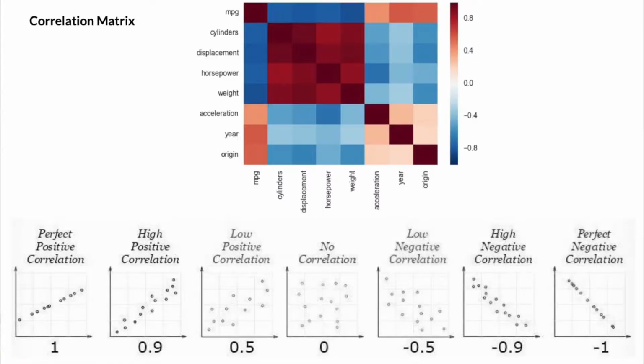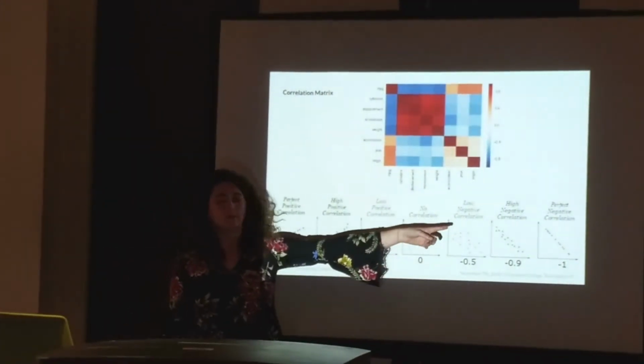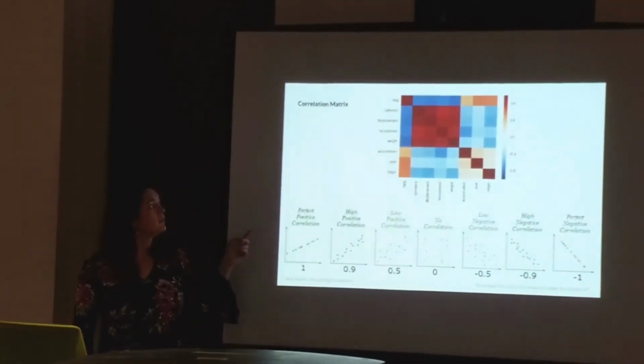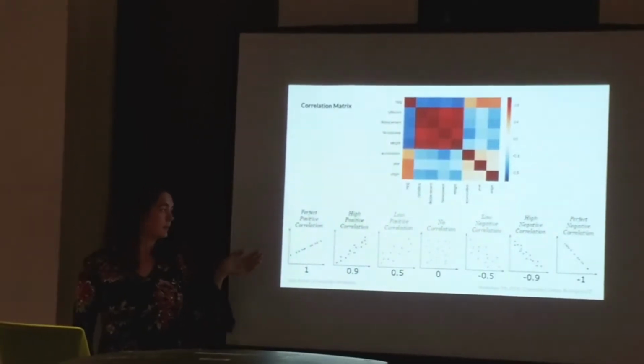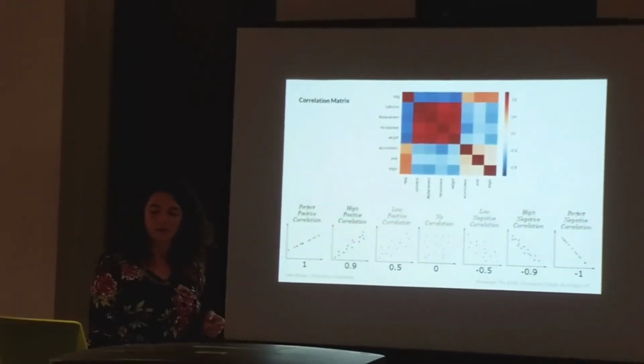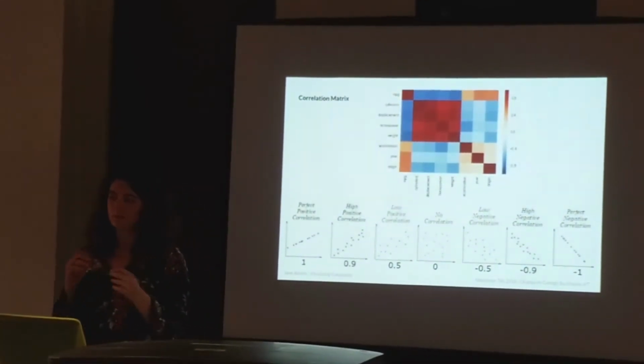And so instead what we do is we take the variables and we run a correlation algorithm. For each pair of variables, this example just shows miles per gallon, cylinders, displacement, horsepower, qualities about a car data set. We compare those to one another, and then we see that maybe the weight of the car is inversely correlated to the speed of the car, or that the acceleration is related to the miles per gallon. And so we're able to get a correlation matrix that explains what the relationship is between each pair of variables.